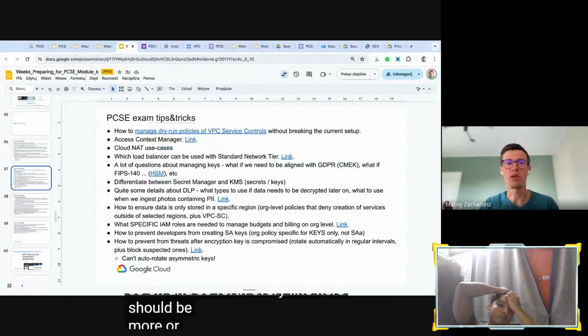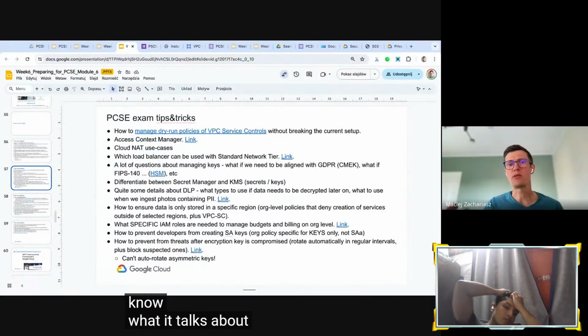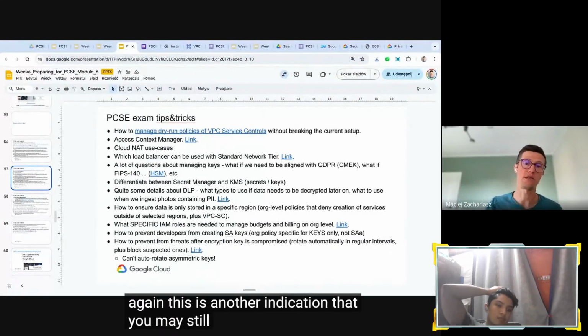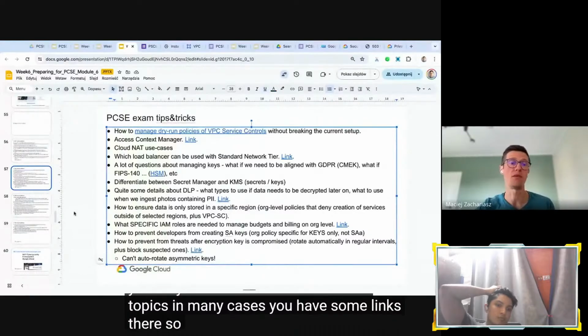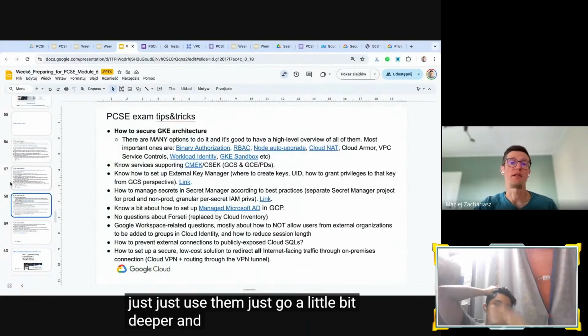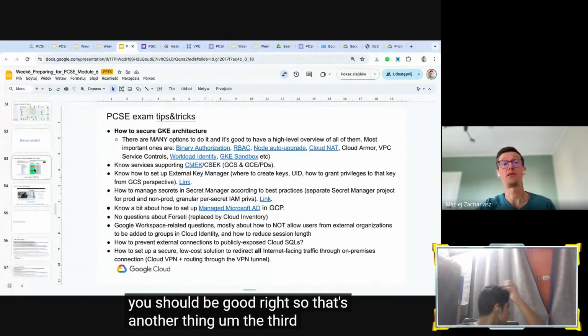Every line here should be more or less clear. If you do not know what it talks about, this is another indication that you may still need to work a little bit on those topics. In many cases, you have some links there, so just use them, go a little bit deeper, and you should be good, right? So that's another thing. The third one, I think